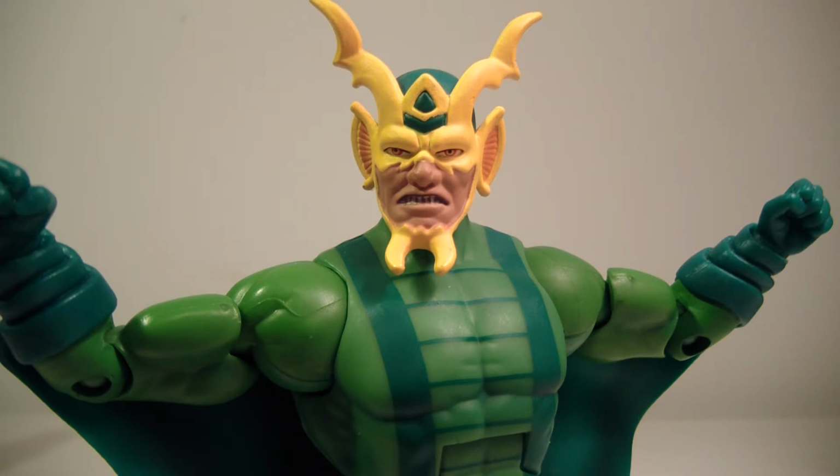This was the comic book accurate version that was created by Jack Kirby. So this is the version that I wanted. I want the comic book accurate version. Maybe sometime in the future I will pick up the Super Friends version, but for now this will do. So that being said, yeah,